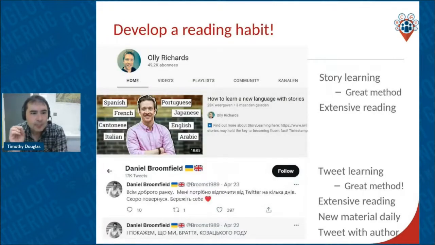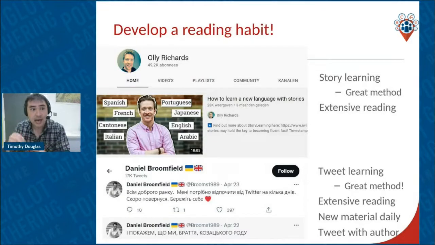Okay, so people talk about developing a reading habit. So, Ollie Richards, a very famous polyglot, has a sort of story learning method where you read and you enjoy your reading, and then it's extensive reading. So you're primarily reading and you're picking up the language, you're assimilating it while you're reading. And I think that's a great method. I also think it's a great method to read people's tweets. Again, you're doing extensive reading, you're enjoying